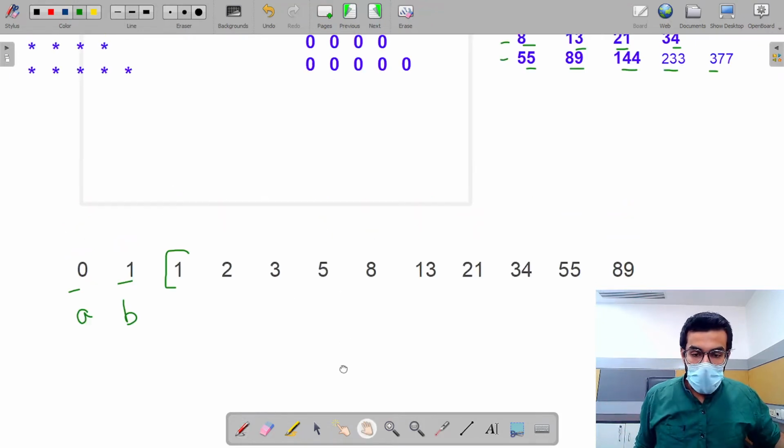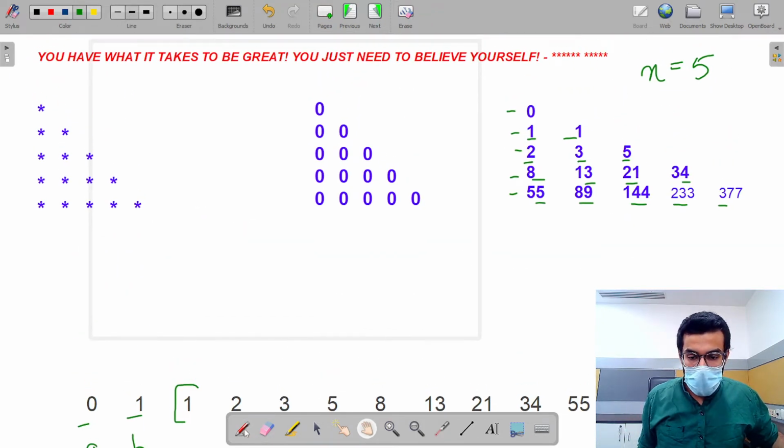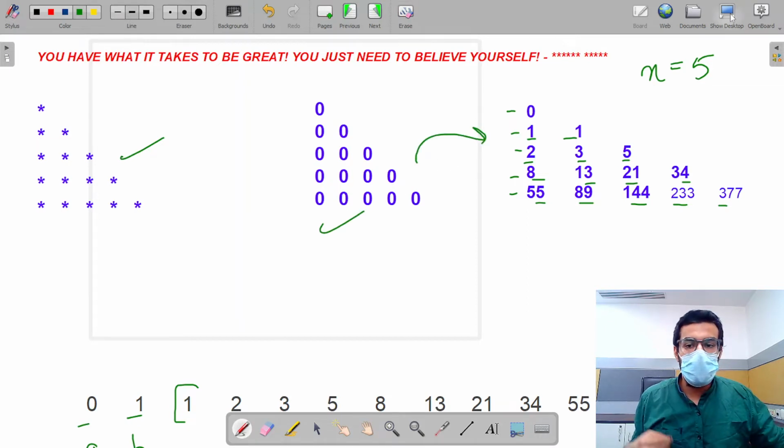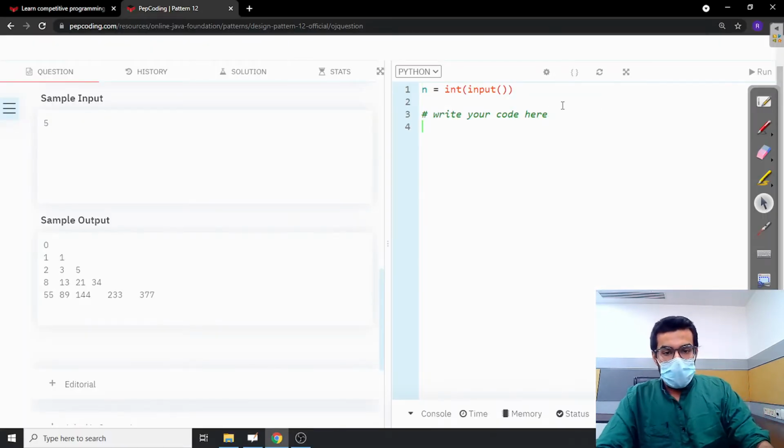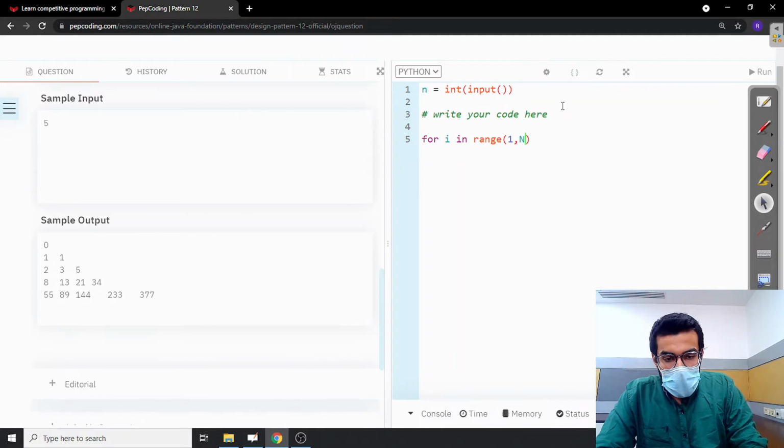Okay. Now, first we will be printing this pattern and then this, and then we will modify our code to print this pattern. We already know how to print a basic star pattern, and I'm not going to go deep inside this because I have full confidence in my supercoders that they already know how to print this.